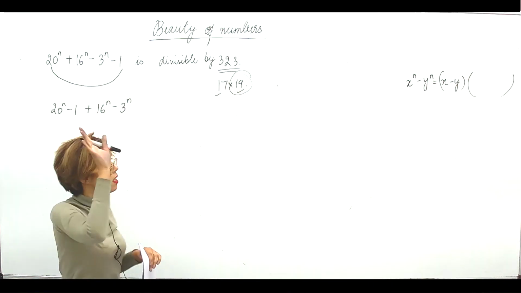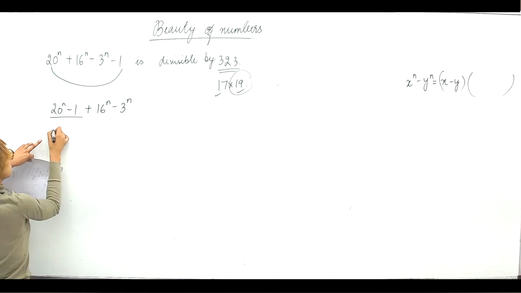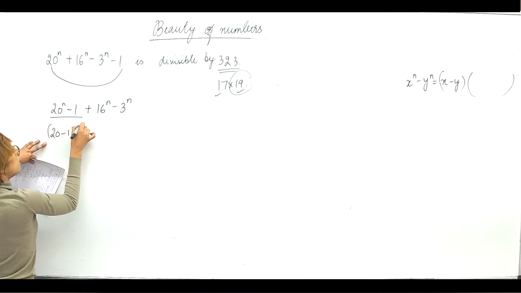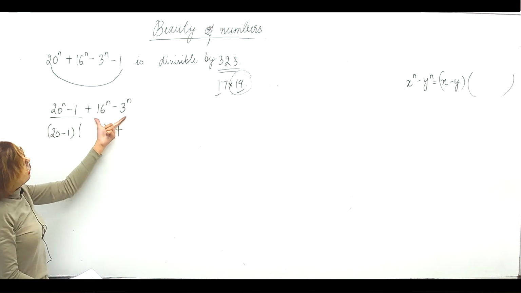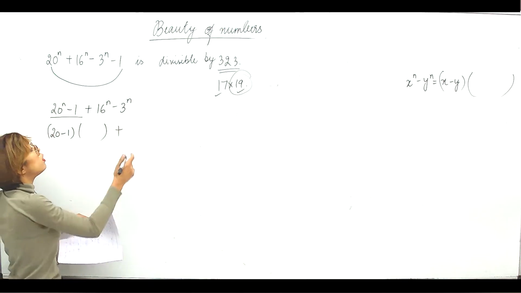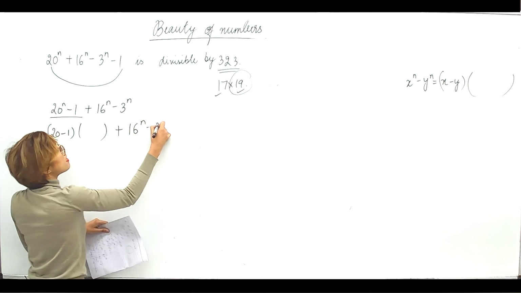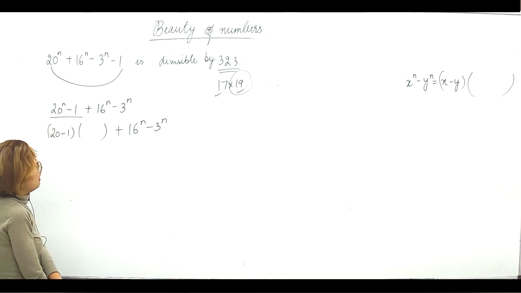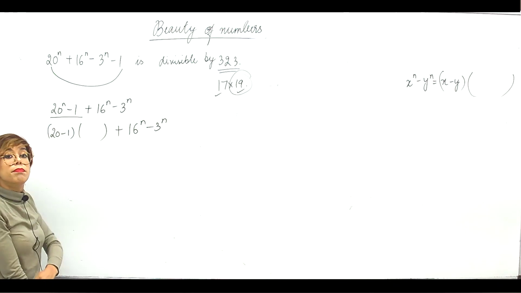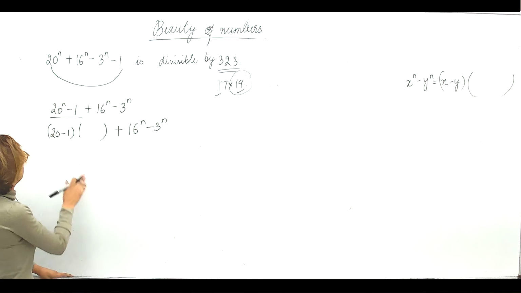So मैं आता लिखना, right? From here I can factorize this. This is 20 minus 1 into something plus. Now here I want to get what? I want to get 19 here from itself. यहाँ से 19 आना चाहिए। अब 19 कैसे निकालें, that is a problem. यहाँ पे तो आ गया 19।